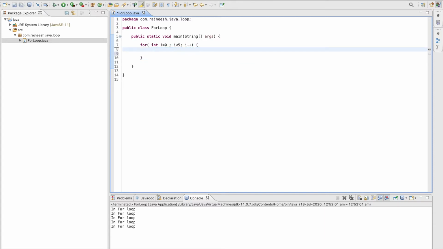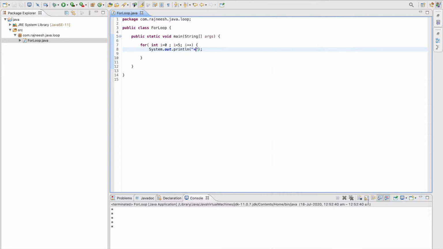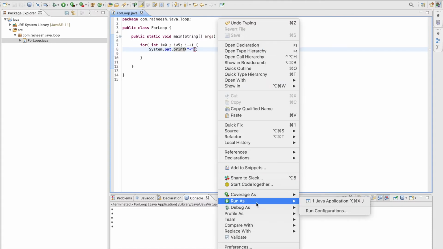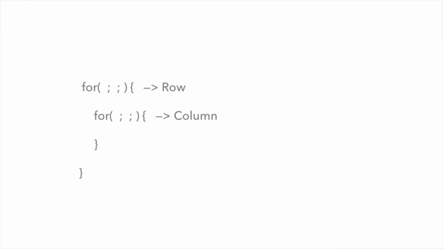After that we are going to create a triangle shape structure. Starting with that, we will simply print a vertical statement of a star. Okay, so here what is happening is it will print 5 stars vertically. Starting with this, what will happen if we remove ln? Now it will print the stars in a horizontal manner, right? After that we are going to learn about the nested for loop. The first for loop belongs to the row and the second for loop belongs to the column.